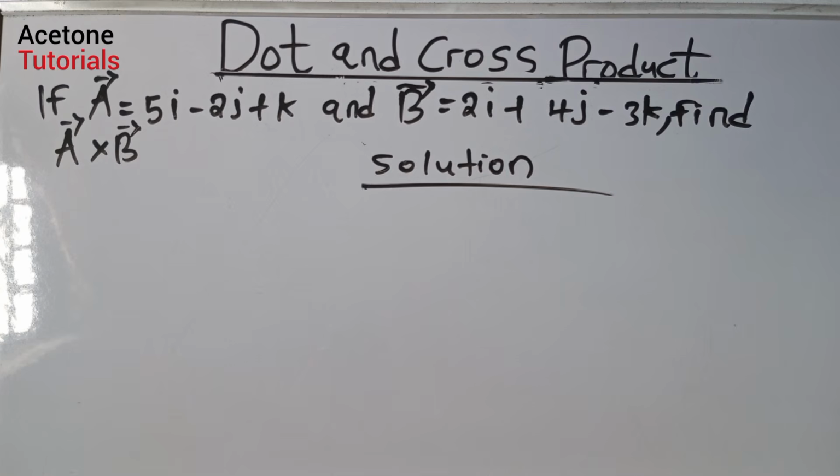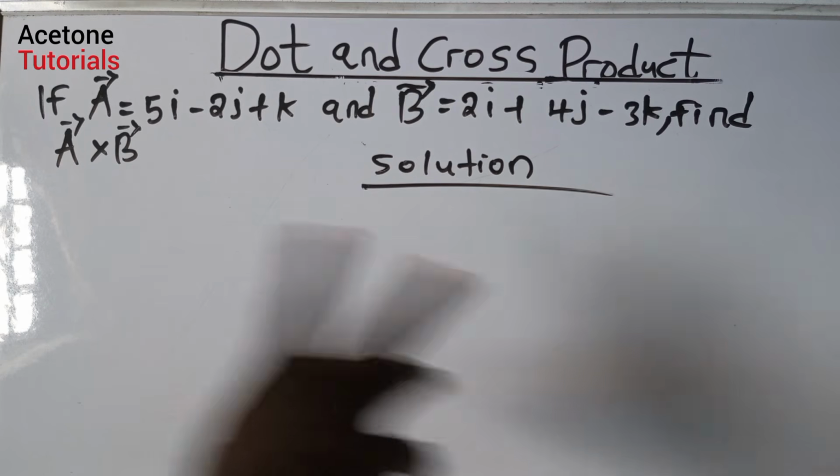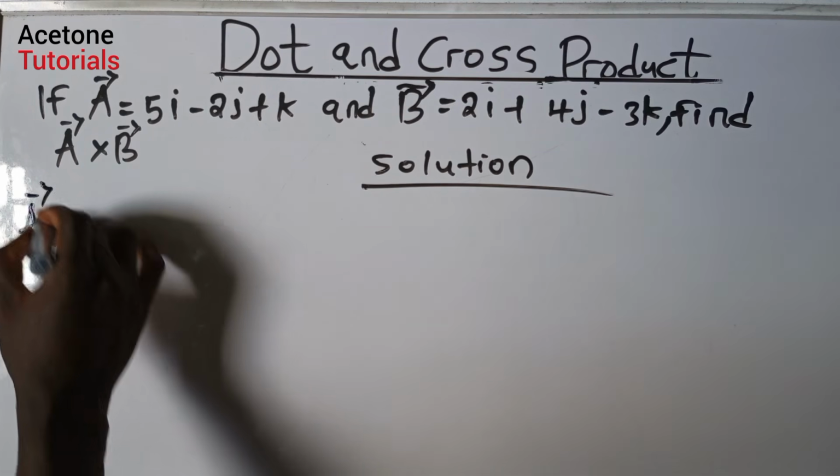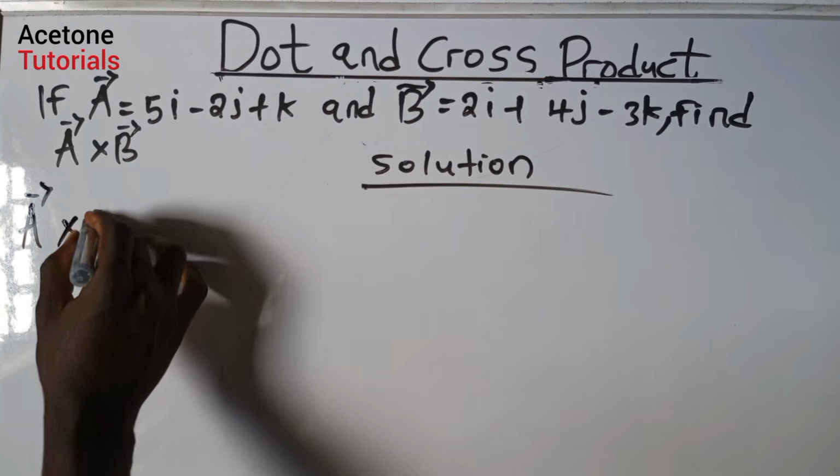So that's for the application. Here's a question. If vector A equals 5i minus 2j plus k and vector B equals 2i plus 4j minus 3k, find A cross B. To do this, we can use the matrix method. We know that the product vector is equal to the determinant of the matrix formed by these two vectors. So A cross B